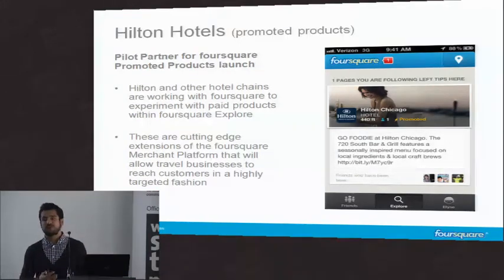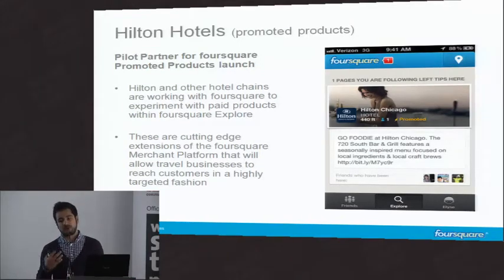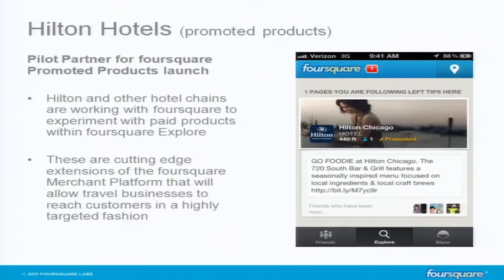And then what we're really trying to do in the US right now is we're starting to do a promoted product, which is essentially in the Explore algorithm, in the Explore recommendation engine that I mentioned a couple of times, we're showing off promoted updates, which essentially are updates by brands that are buying a placement within this recommendation engine.